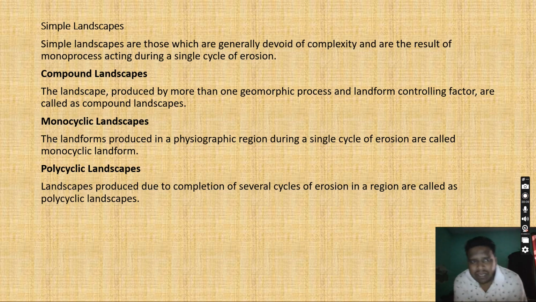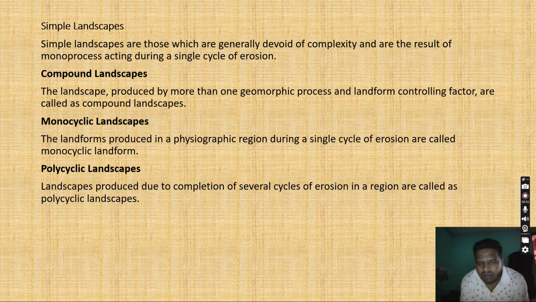We have simple landscape, compound landscape, monocyclic landscape, polycyclic landscape. Simple landscape, devoid of complexity, means we can easily say this landscape is a function of one process, or it has faced only one cycle of erosion. So we can say this is a simple landscape. We can understand that only one cycle of erosion and only one process is behind